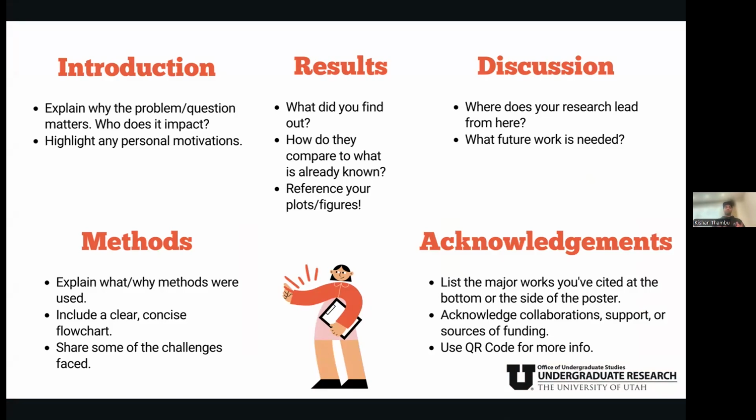With the methods, conventionally most people put them in the bottom left corner in their own section, and you explain what specific methods were used and why. You want to ideally use a clear and concise flowchart. A flowchart is a lot easier to visually understand than it is to explain in text what you did. I promise you, not everyone will be reading every single bit of text on your poster. So you want to be using visuals in every way you can. Methods is one great place to do that, because a person looking at your visual should just be able to understand what you did in your project if it's done correctly.